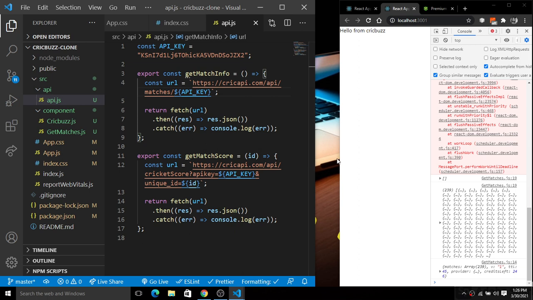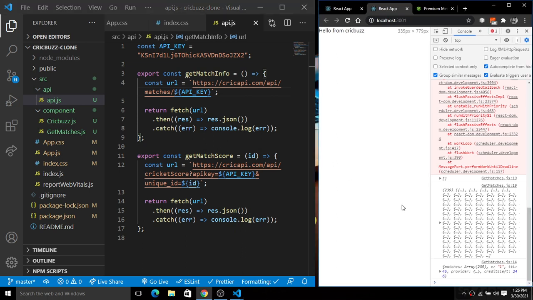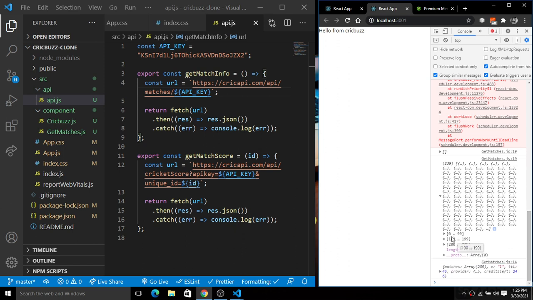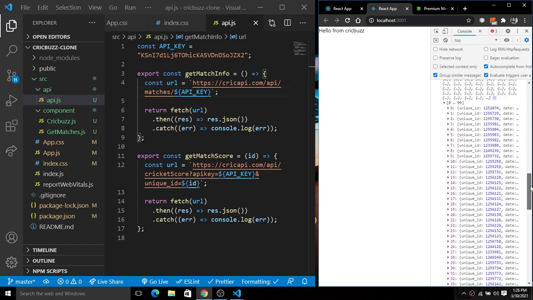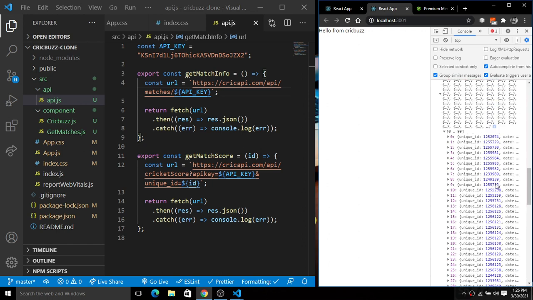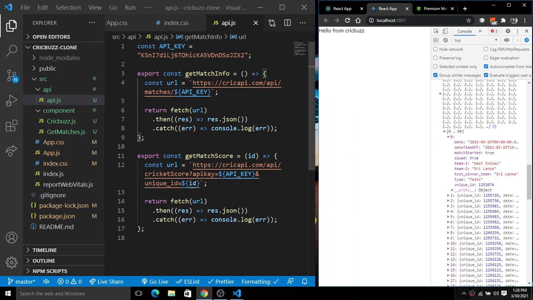So here you guys will see we have these things inside this console. We have 239 matches, all the matches here, and now we have this unique ID, and we will pass this unique ID to this endpoint to get the information for that particular match.